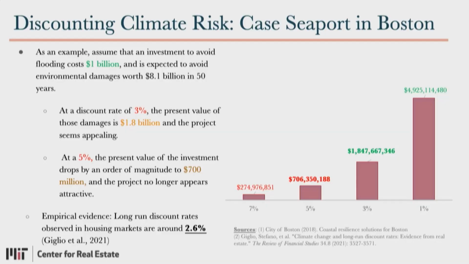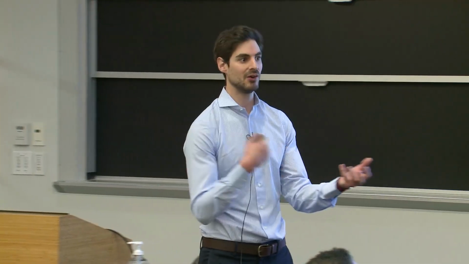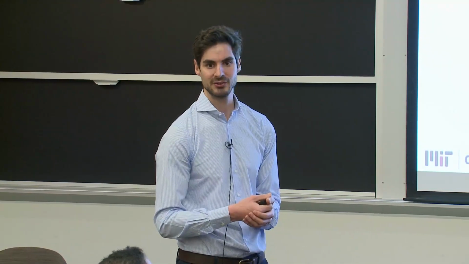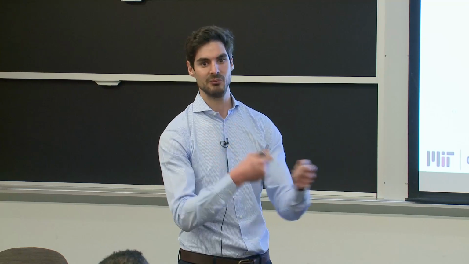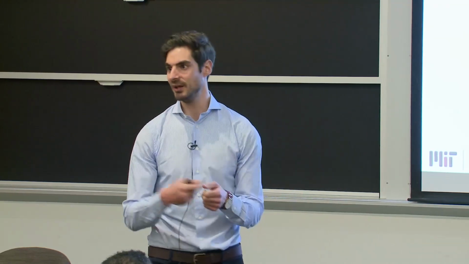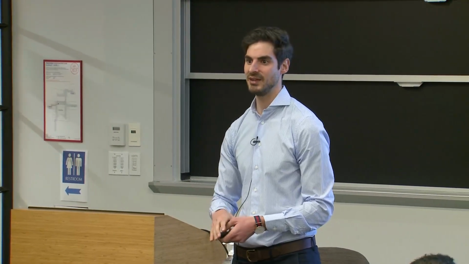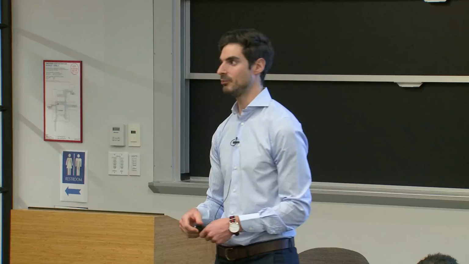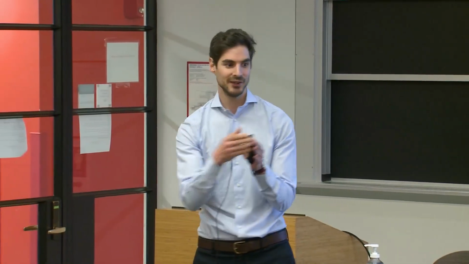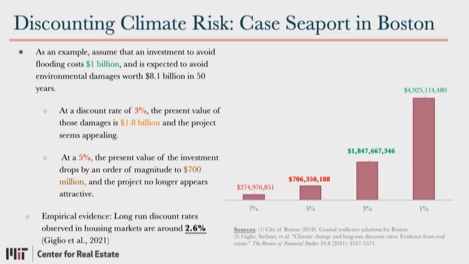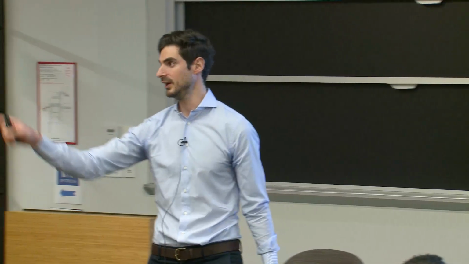If you look at the actual data, you have these papers now evaluating these very long discount rates. It's a very complex exercise. Actually, they do it with housing markets, because you can use the differences in lease terms to see how people value those cash flows in the very, very far future. For example, I think Singapore has leases of 90 or 100 years. You can compare those with perpetuity-type leases to see how people value the 100-year losses versus perpetual losses. And you see that the discount rate that is usually there is 2.6 in the literature. Yeah, so Derek.